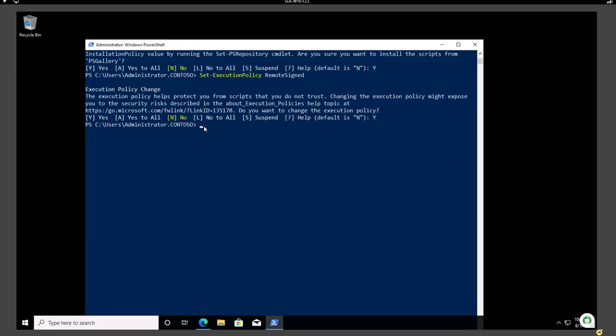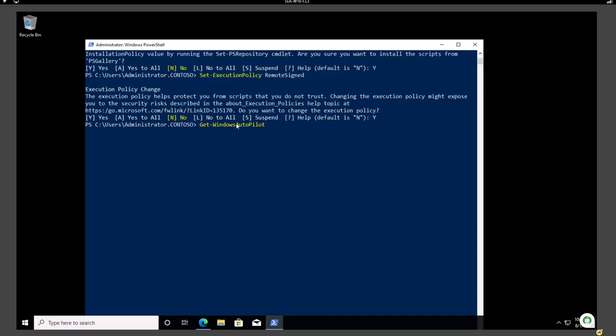You'll have to enter the RemoteSigned value, or it can be Unrestricted for executing the unsigned scripts from the internet, or you can say from the PowerShell gallery. So now this is updated, and let's move on to our next step, where we are going to give the command